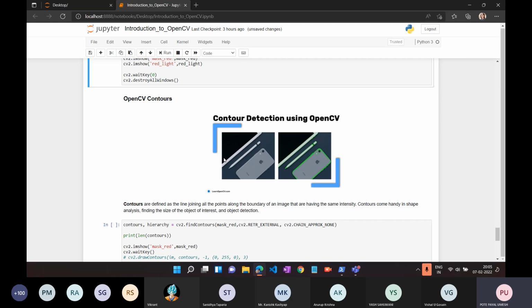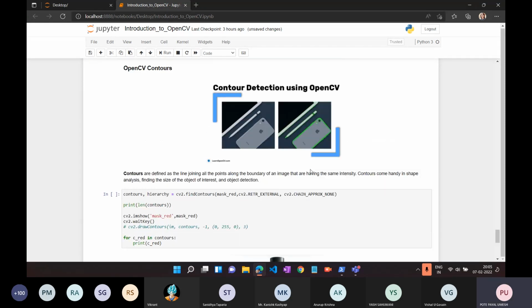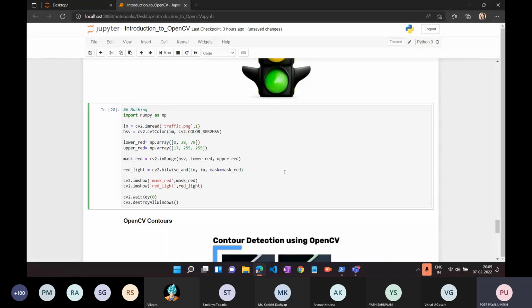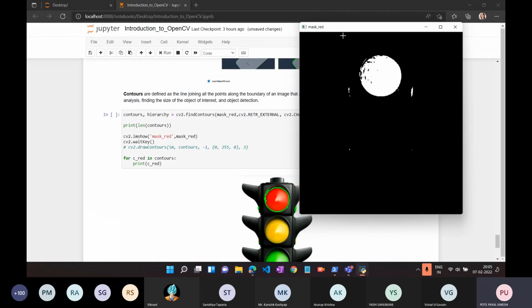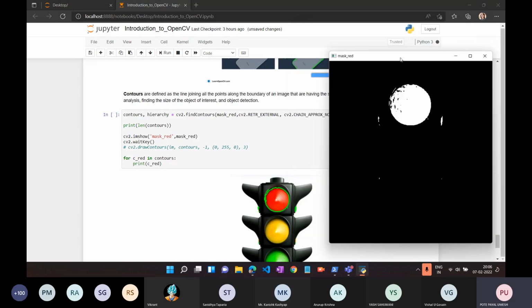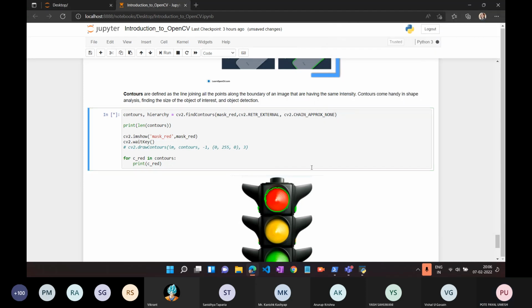Now the next topic is OpenCV contours. A contour means a curve joining all the continuous points having the same color. For finding contours, we actually use the thresholded image. If I apply the findContours function on this thresholded image,